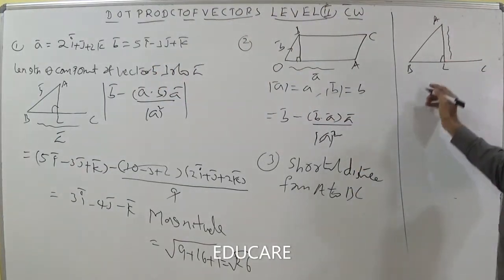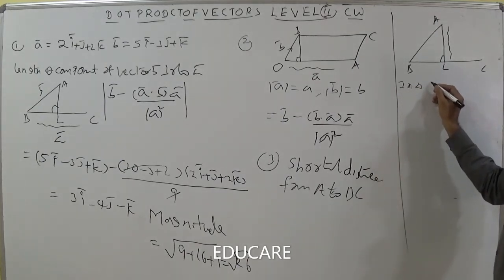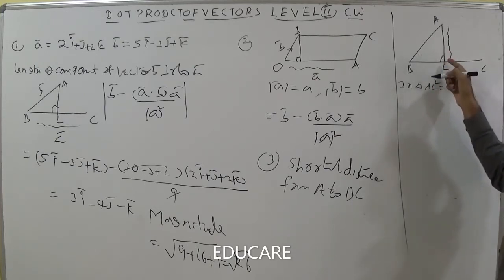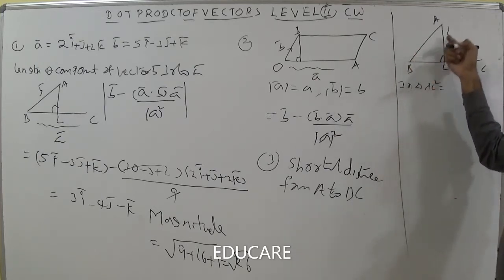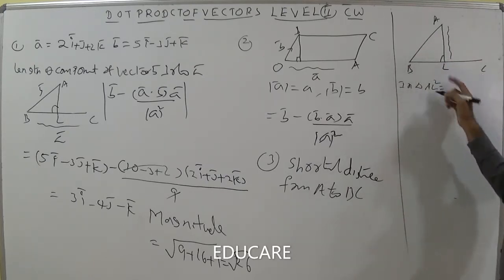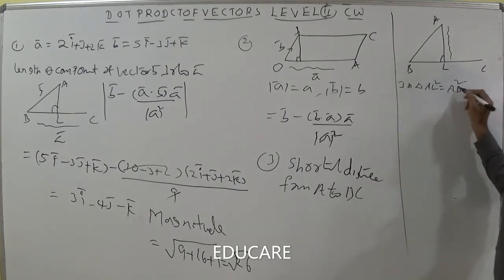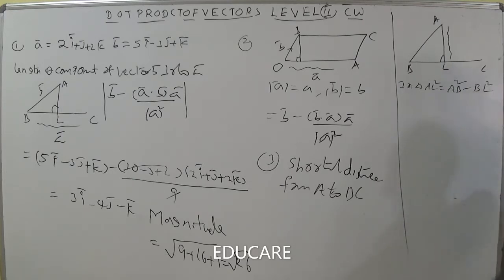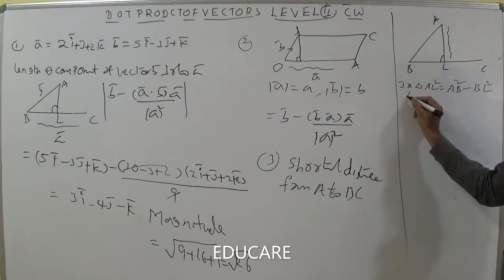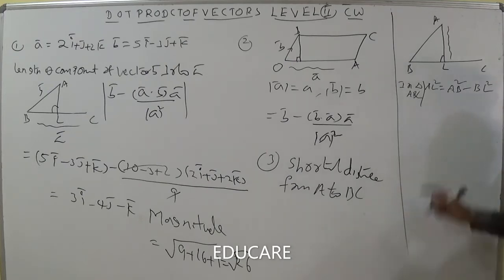So now AL you should find out. We can write in the triangle, that too in a right angle triangle, AL square is equal to... this is the hypotenuse, this is a side, this is a side. So the square of the hypotenuse is equal to the sum of the squares of the other two sides. Then AB square is equal to AL square plus BL square. Then you can write AB square minus BL square. So in triangle ABL, AL square is equal to AB square minus BL square.